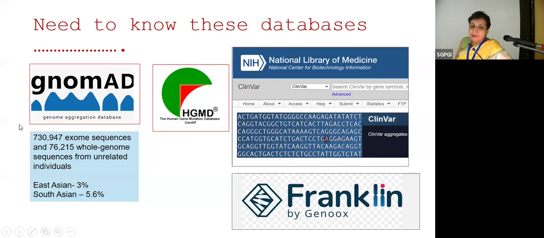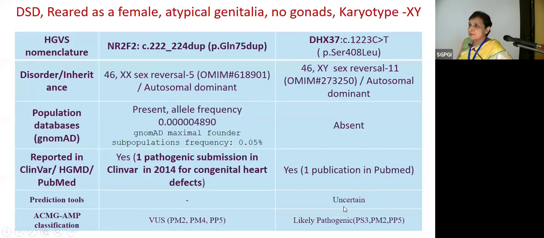Then what I showed you and what we did can be done together by a website called Franklin. It takes all data from different places and then uses it. So one example for that I would like to show is a DSD case, a female with XX karyotype,